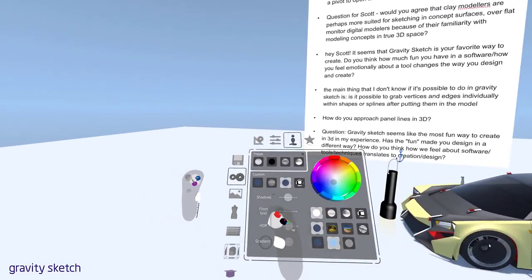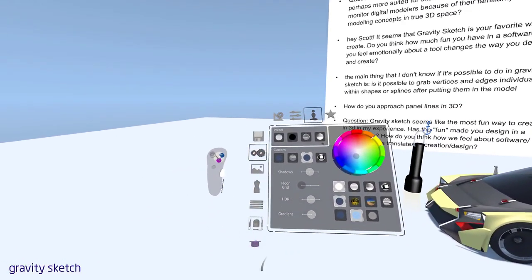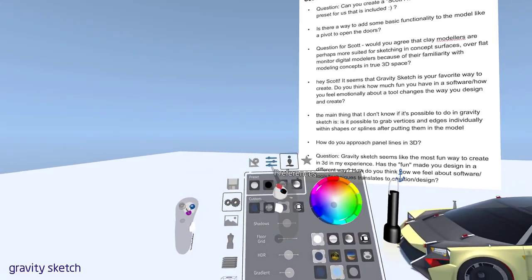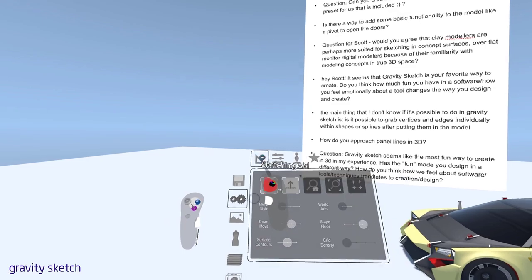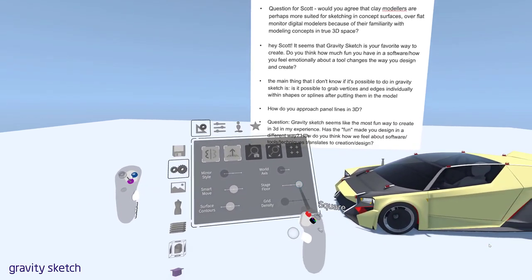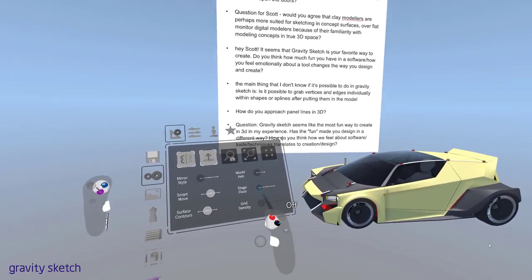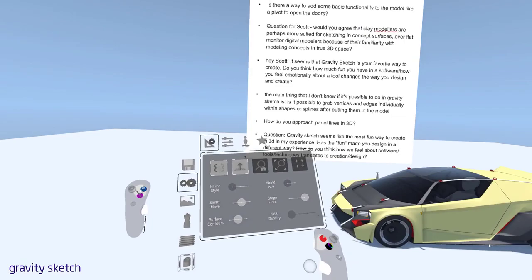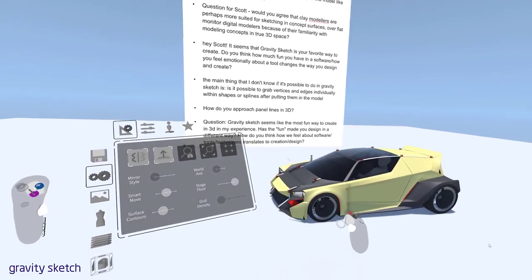When you go here to the gear, these are all your top level menus on the left. Go to the gear, and you're going to have these four across the top. These are your sketch aids. The only thing I really ever change here would be the stage floor. You have a circle, and you have a square, and that auto sizes based on the size of the model